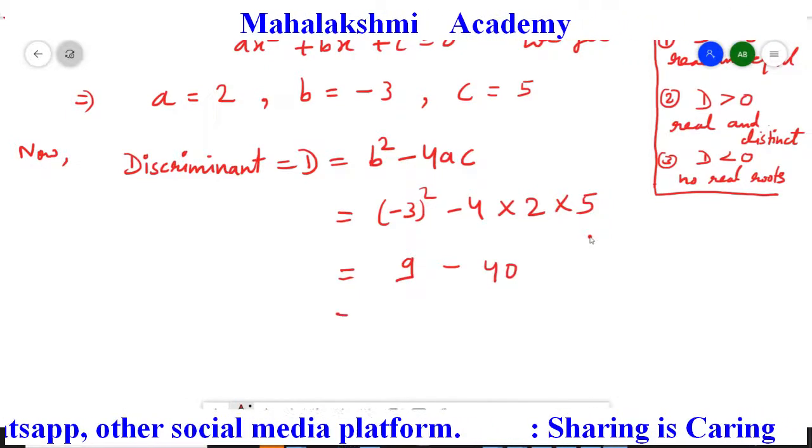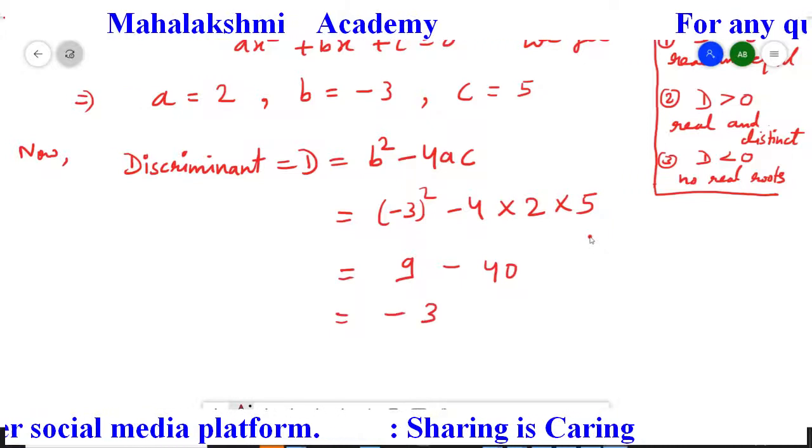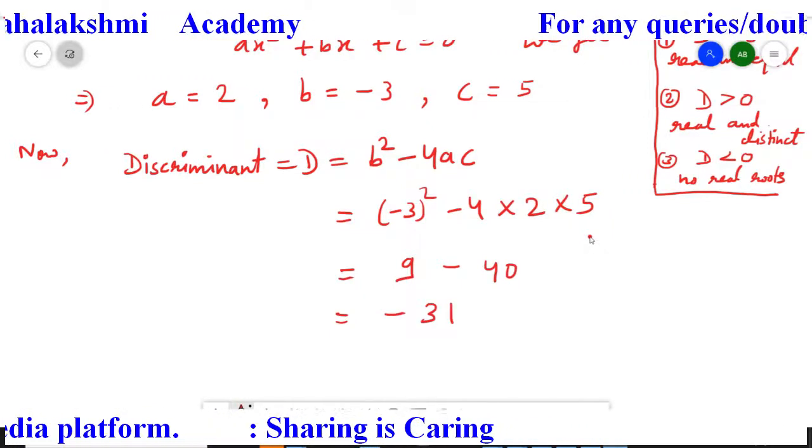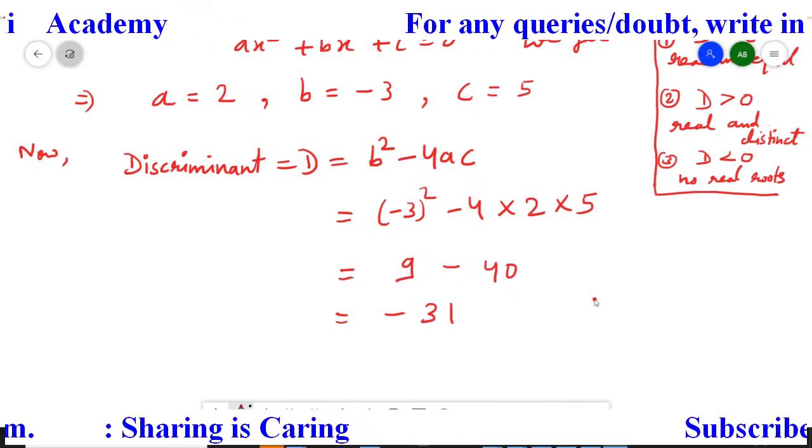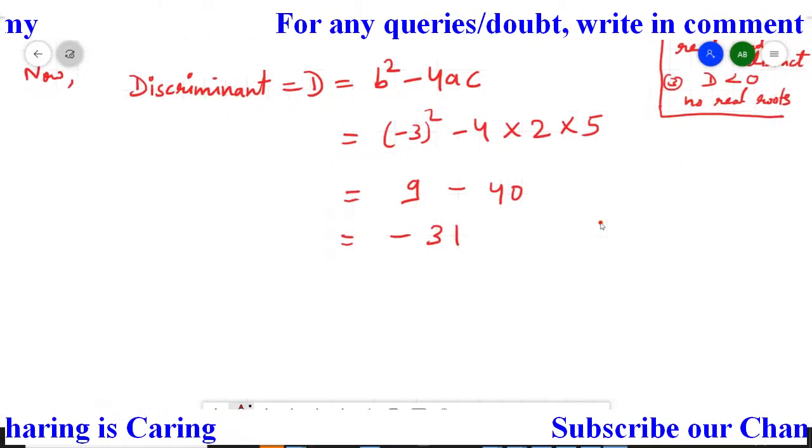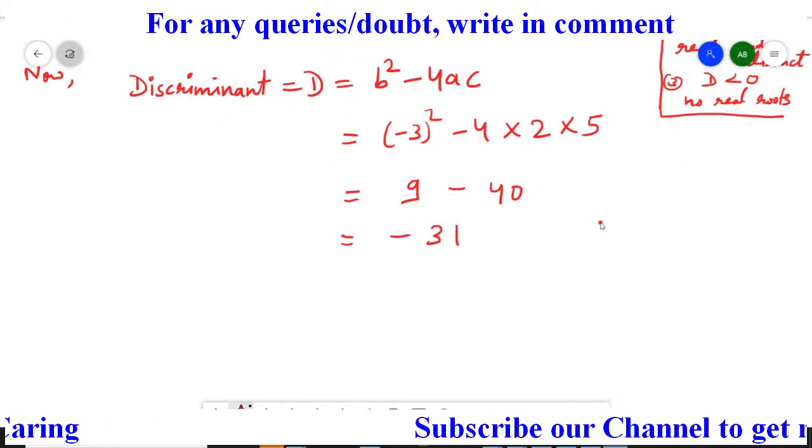And when we simplify it, we are going to get minus 31. So it's a negative number, which means D is less than 0. So since D is less than 0, no real root exists. So we'll write here,